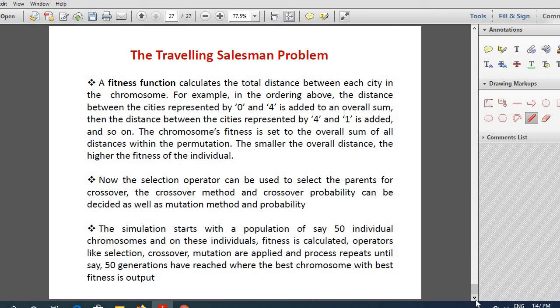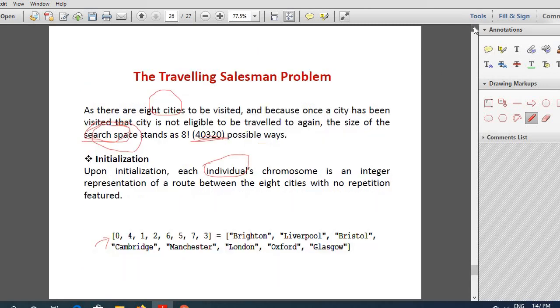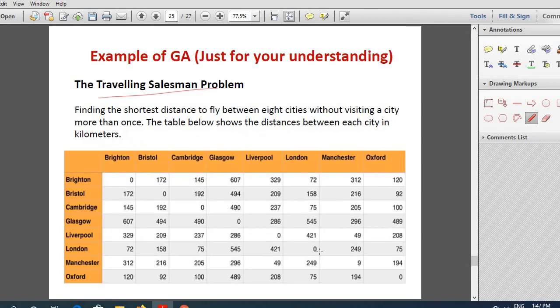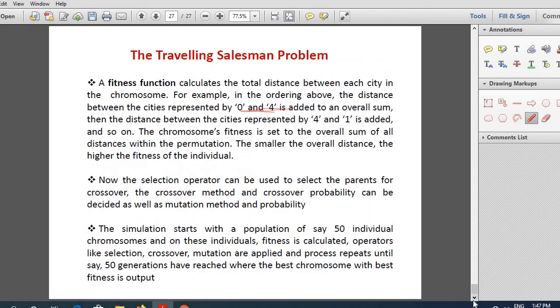Now, what is the fitness function? It is actually the total distance, okay? For example, in the ordering above, which are the first 2 cities? It is 0 and 4. So, from this table, you know the distance between 0 and 4. That will get added to a sum. Now, what is the next distance?